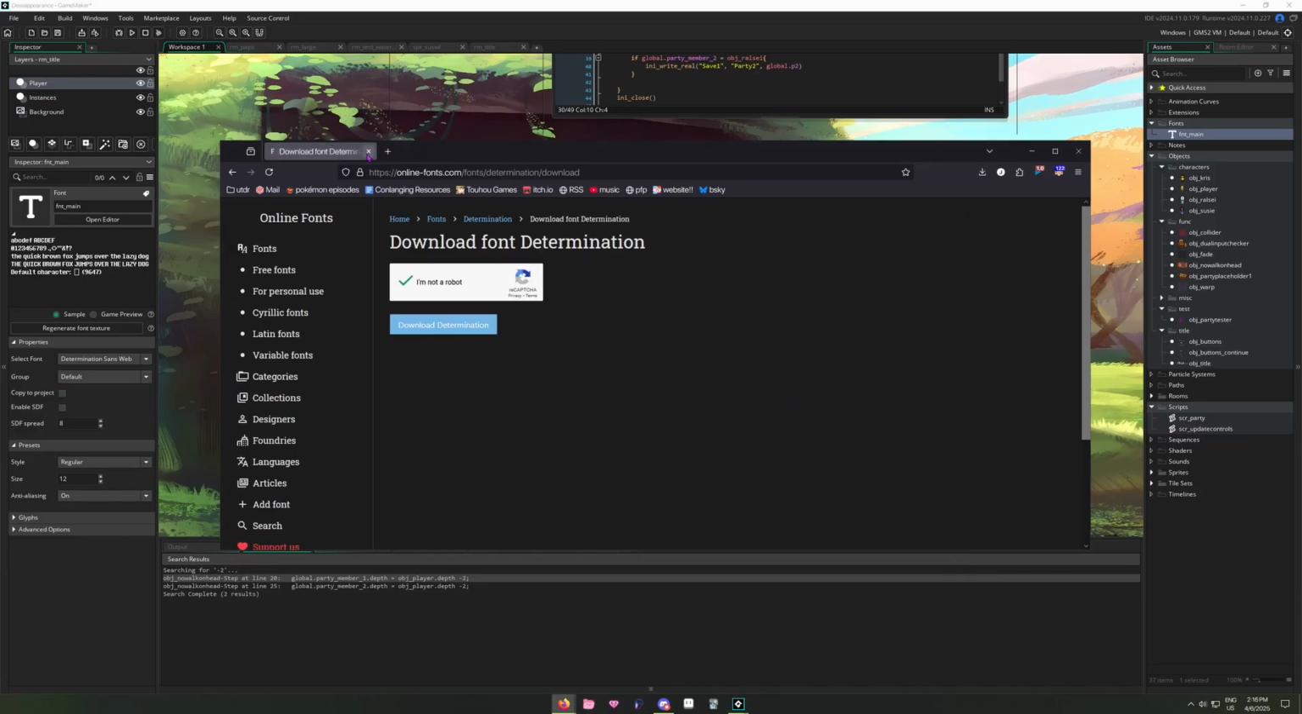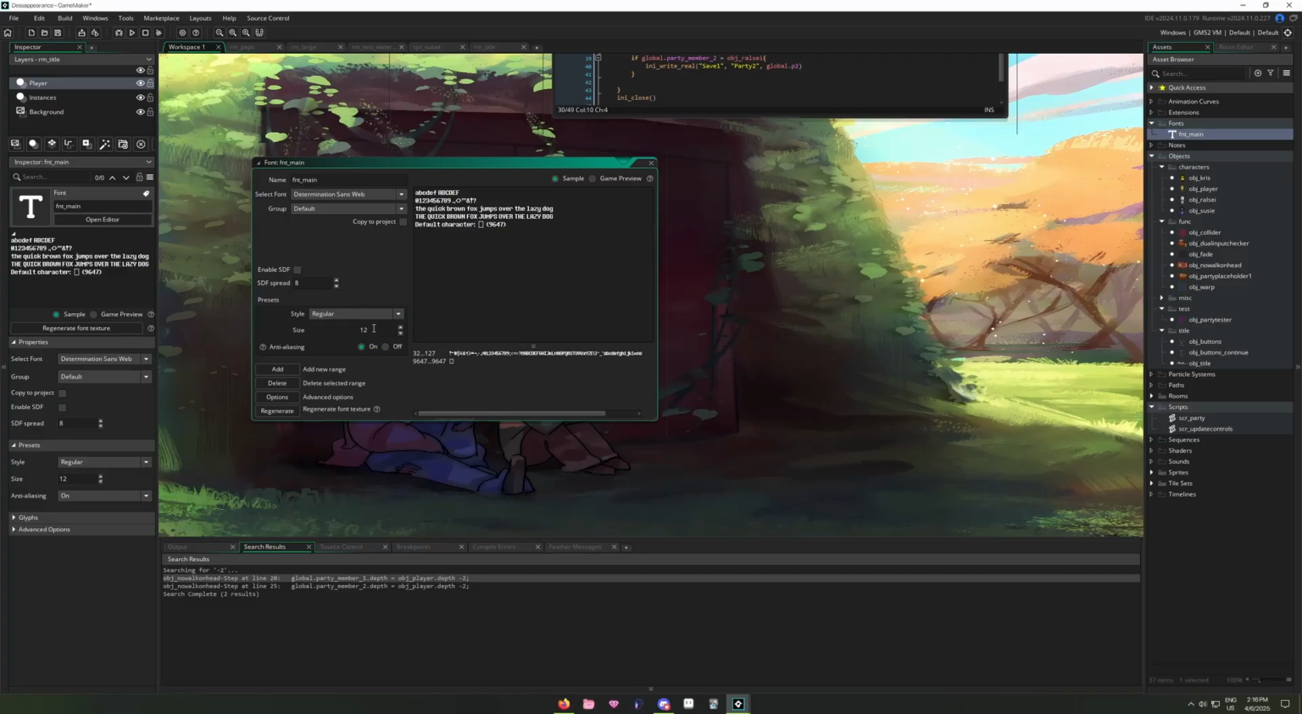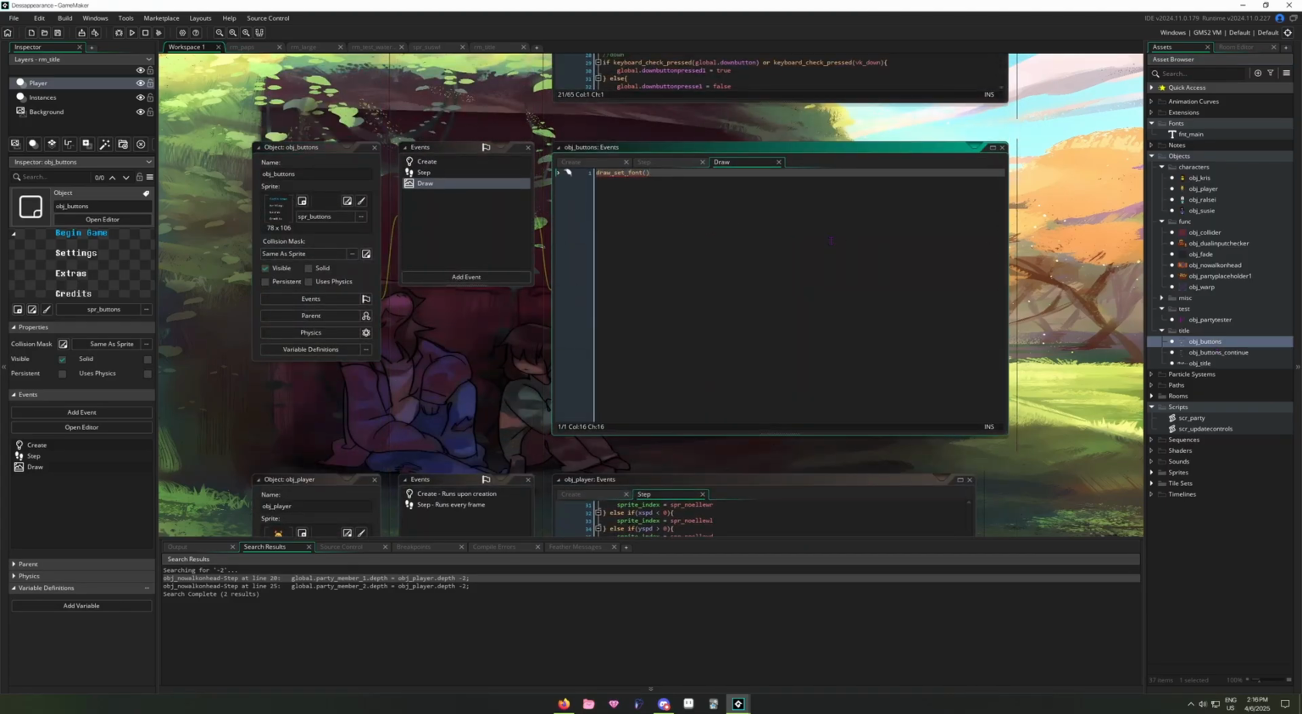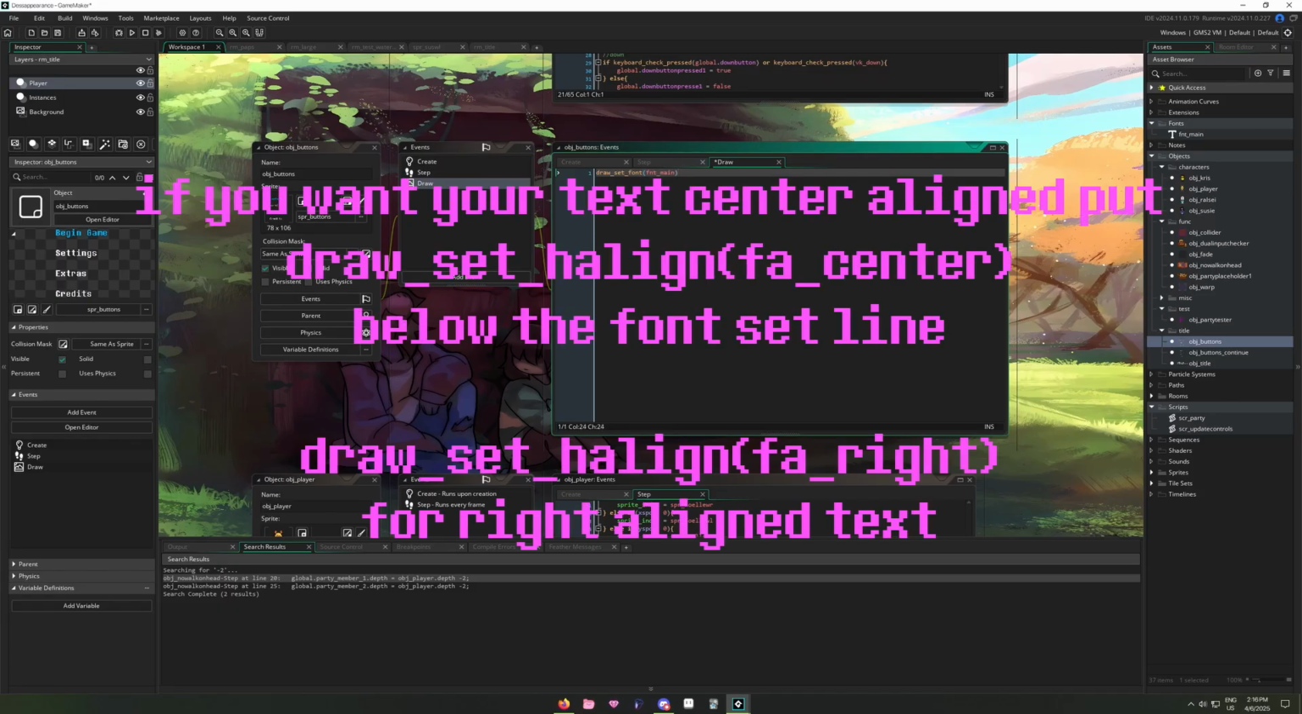Anyway, you just want to make sure font size 12, and we want anti-aliasing to be off. Then click regenerate the font texture down here. It's gonna look small here, but in game it's gonna be perfectly fine. Anyway, back in our buttons here, draw_set_font FNT_main. Perfect. Okay, there we go. And then if menu equals 1,